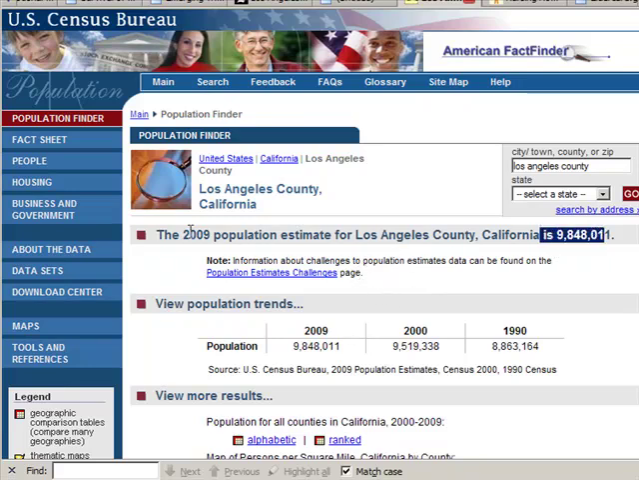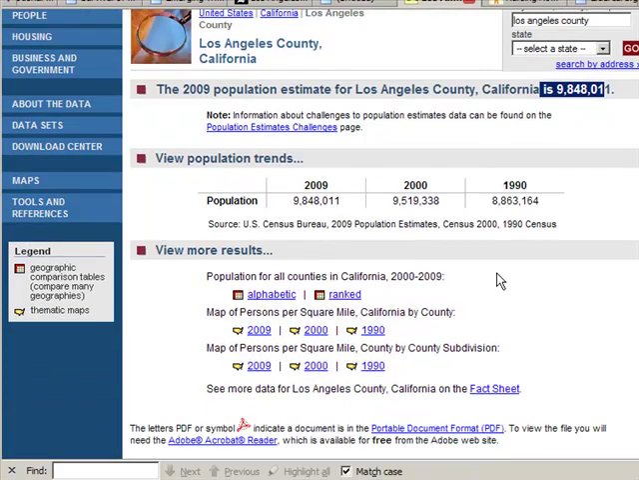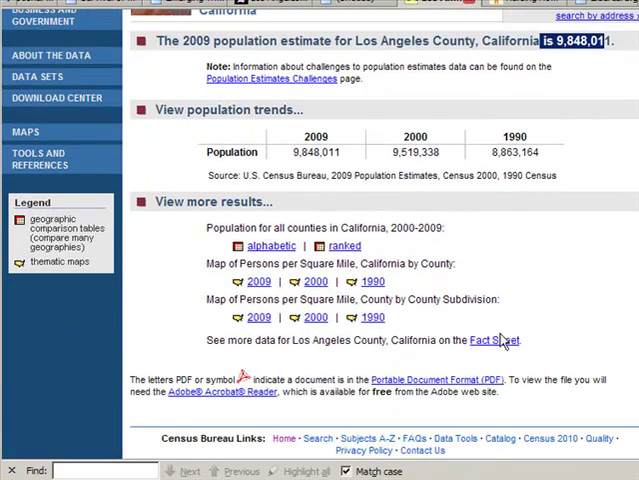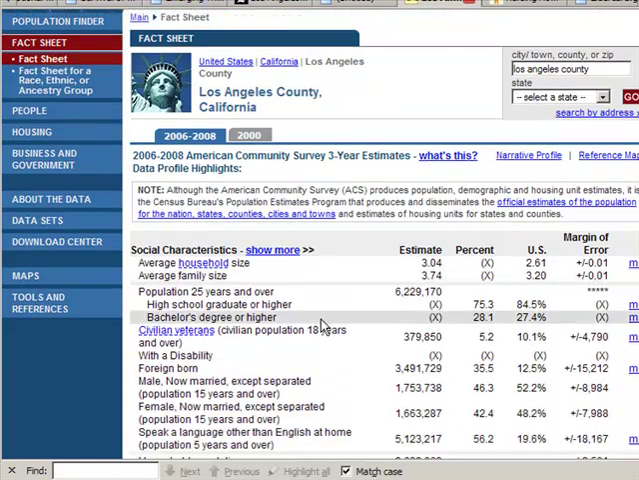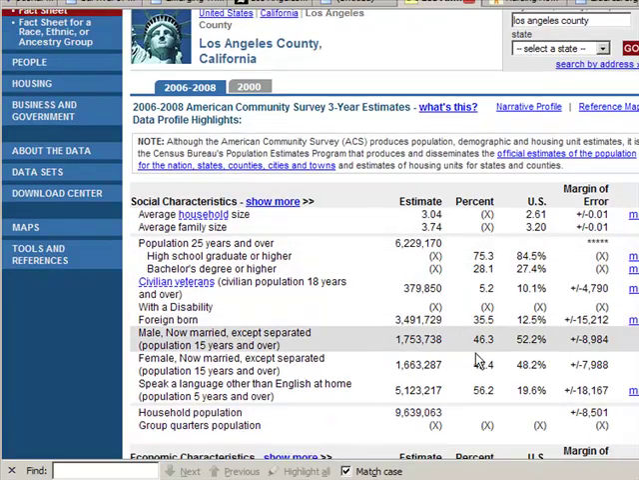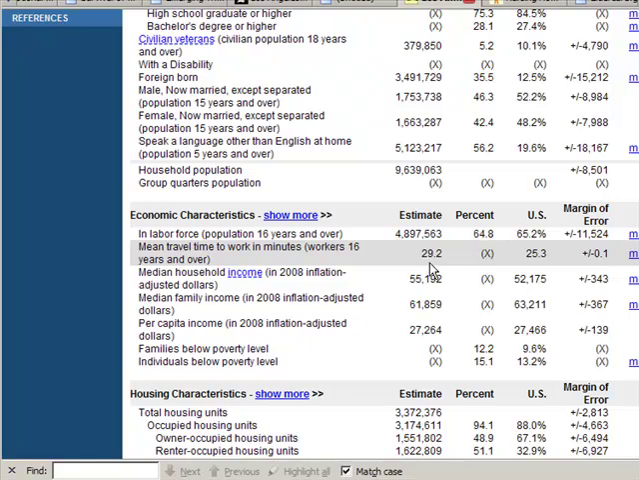Raw numbers as far as 2009, what the population estimate is. But the really interesting data comes from this fact sheet, which is hidden here. And there's a lot of information on this fact sheet. This is using combined data from 2006, 2007, and 2008. So it's kind of a 3-year moving average. And this will tell you a few more statistics about what's the average household size in that area, a little bit about average income, and